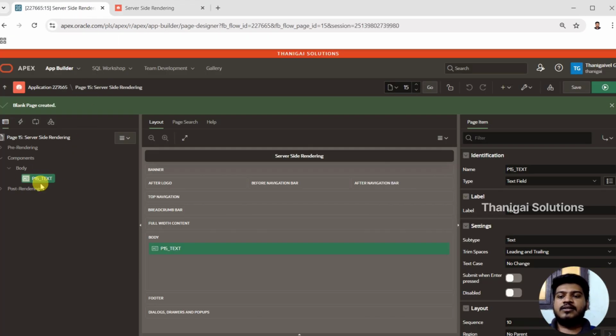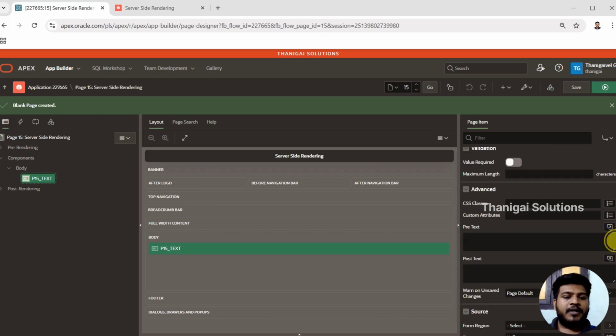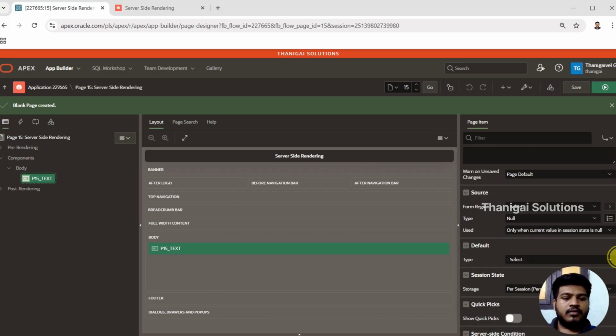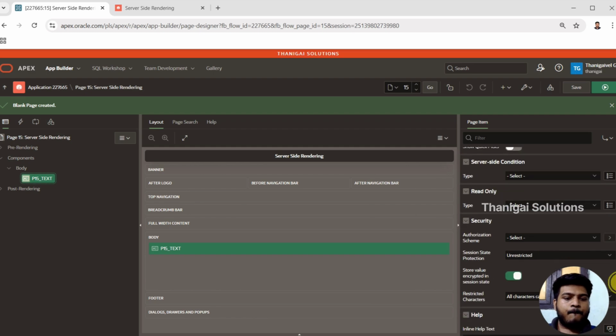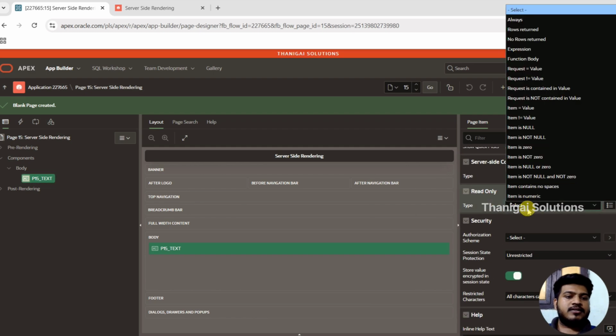How to make this? I just created the text field, and under the text field I'm going to the properties below. Here you can see the read only attribute is there. Click on this, and there will be several expressions or conditions present, like rows returned, no rows returned, expression, like that. You can select any of them, like item is null, item is not null, many conditions are there. Now I am going to select